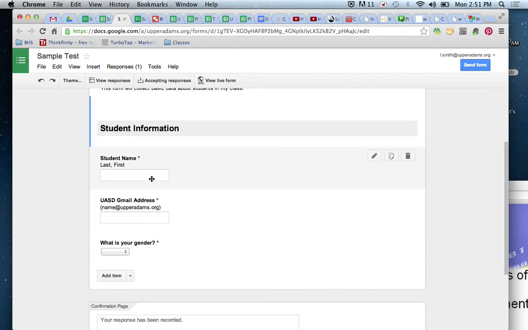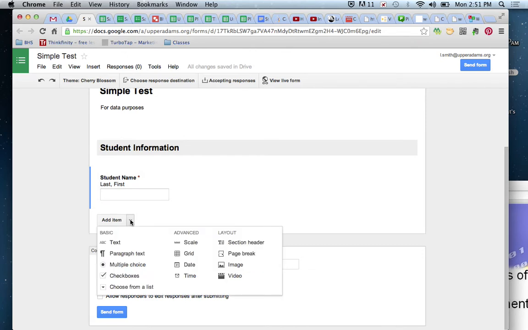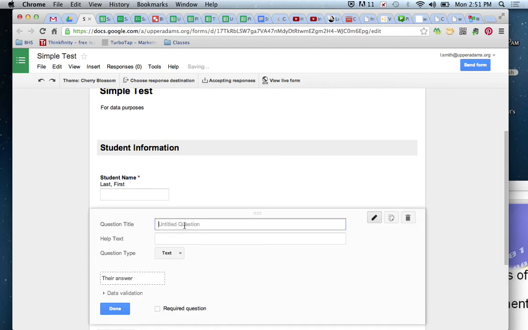The next thing on my simple thing is looking for their email address so that I can email them their results. Without that, you can't email them their answers. So I'm going to add a new text field, just short and sweet. I'm just going to say UASD Gmail address. And then underneath, what I've started doing is putting name at